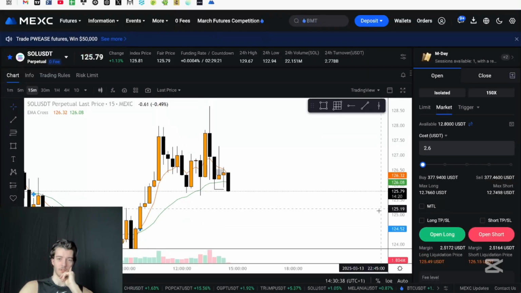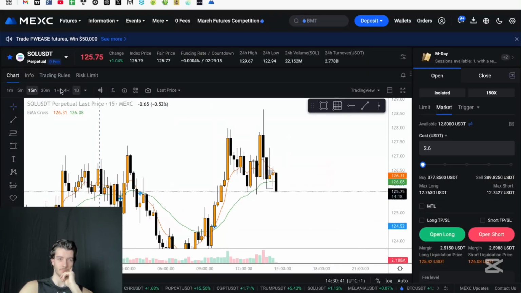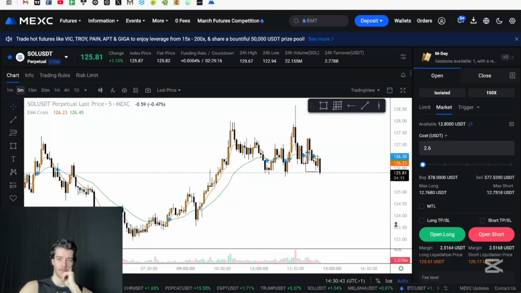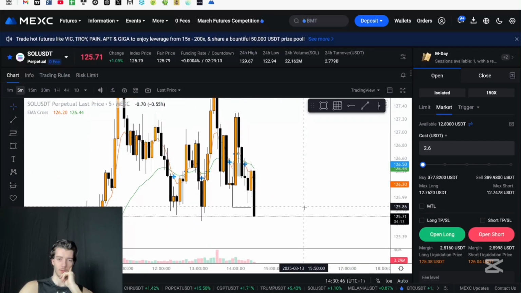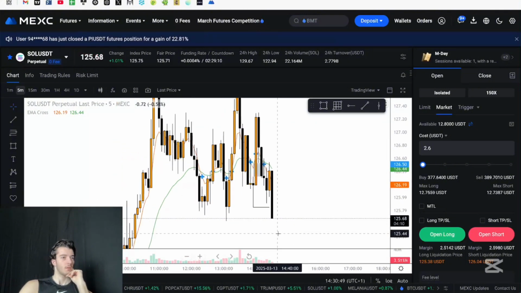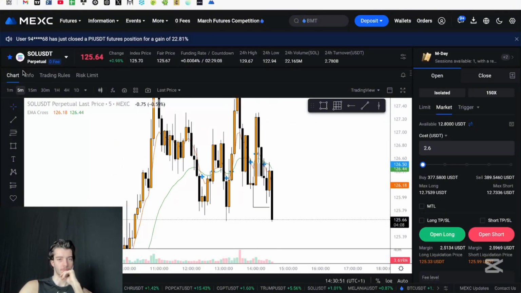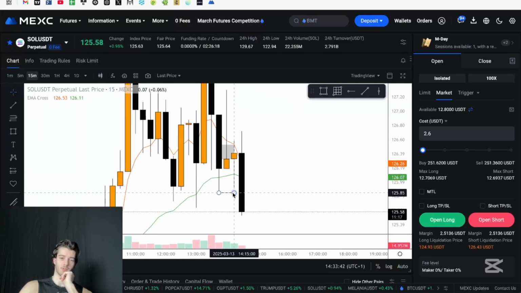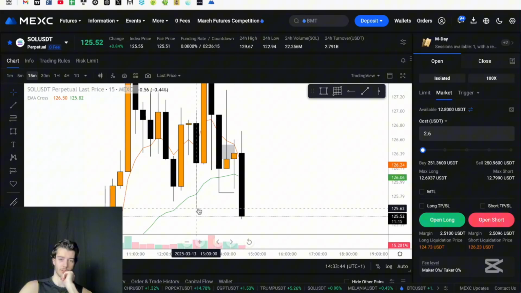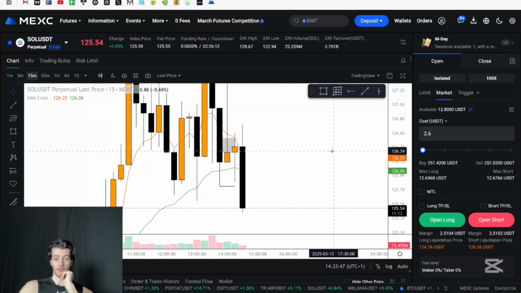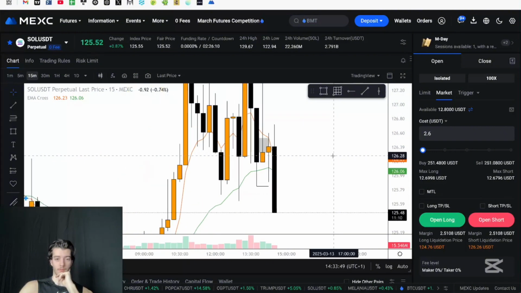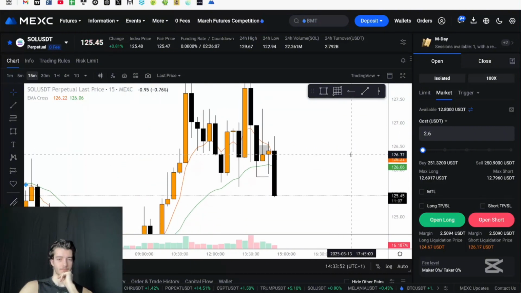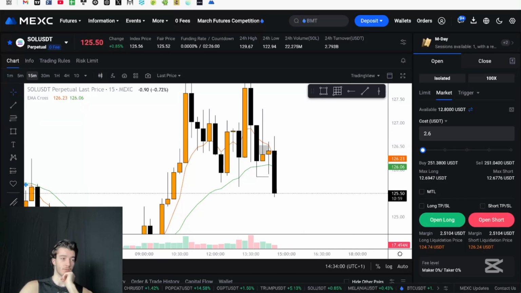Alright, Solana decided to start falling now. Pretty strongly. But is this just a sweep going on? I'm not sure. Nice push on the 5-minute. If you can close this 15-minute candle below this low, and even below this low here, that would be very nice. But we still have 11 minutes off of that to happen, so I'm just gonna wait for that. I'm not gonna do anything else. Just gonna wait for that to happen.